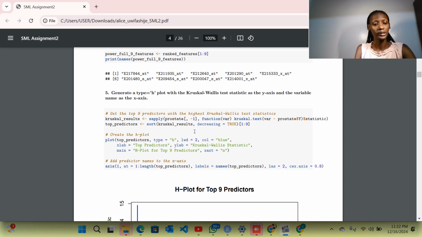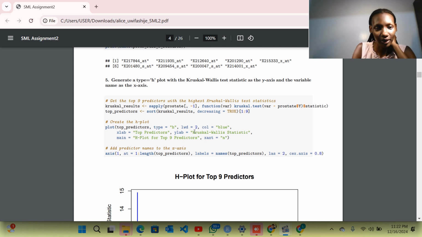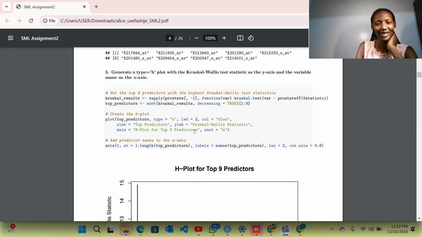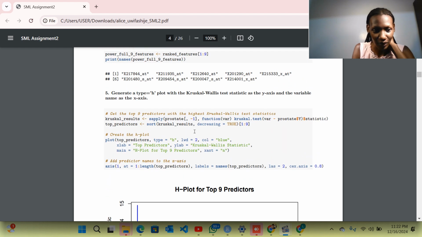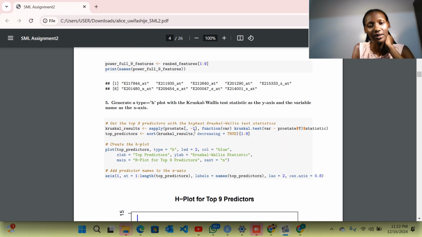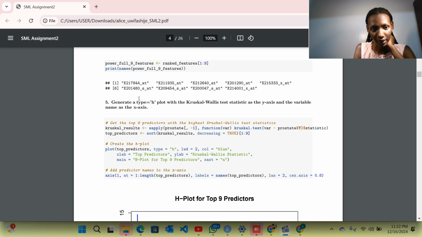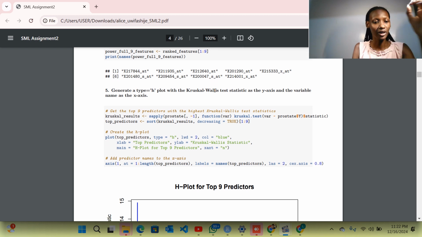For the key predictors, using the Kruskal-Wallis test, I identified the nine most powerful predictors as shown here, like X21, 78, 44, and all these 9 most powerful predictors. Among these 9, there are two